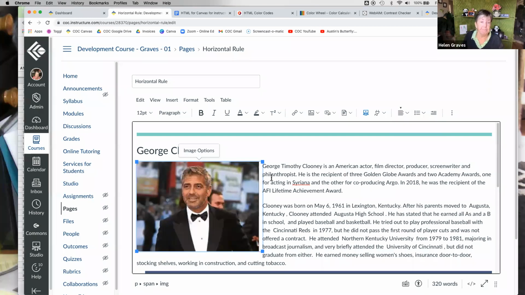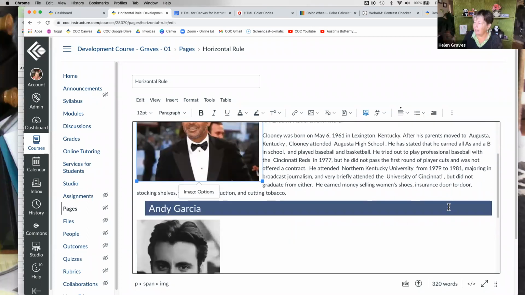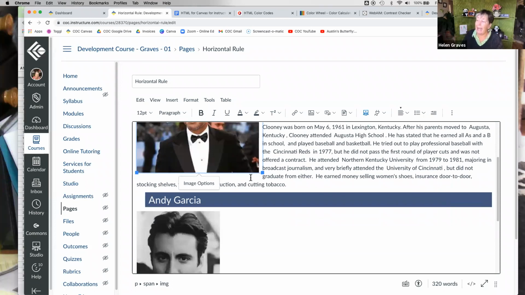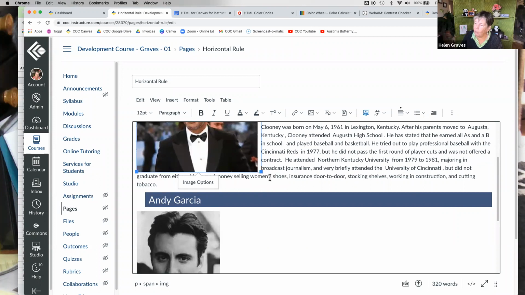Question. Yes, go ahead, Lee. That's not really padding underneath his photograph, and it would bug me to have that much space between George and the last line of text. Got it. It isn't padding, and I think it's because of the default space between the paragraph lines in Canvas, which made it just enough that the line didn't go under it.